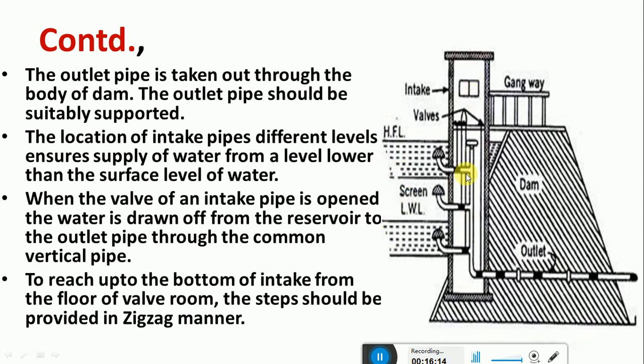Okay, and this is the reservoir intake structure. Similar to the river intake structure, it is also a circular intake structure with a diameter of 4 to 6 meters, and it is connected to the dam. From the top we have the different valves here, and this is the gangway through which we can travel to this area, and this is the intake structure. Here the dam will be perforated, and through this the outlet is taken and this water is conveyed to the water treatment plant.